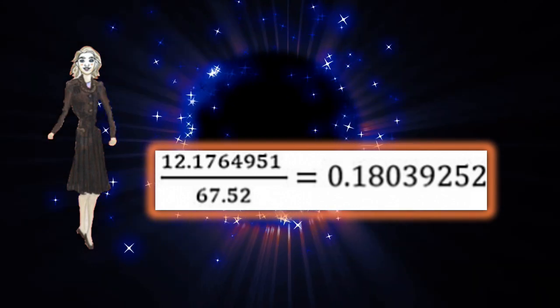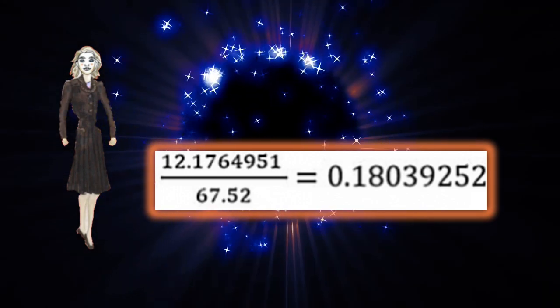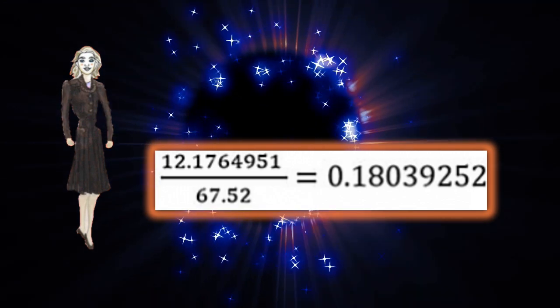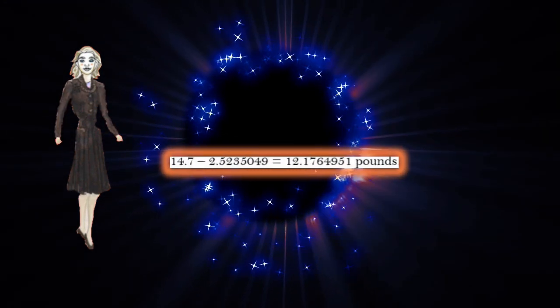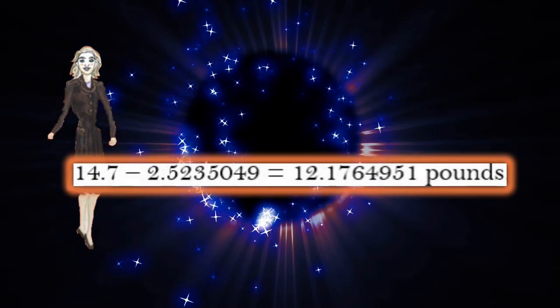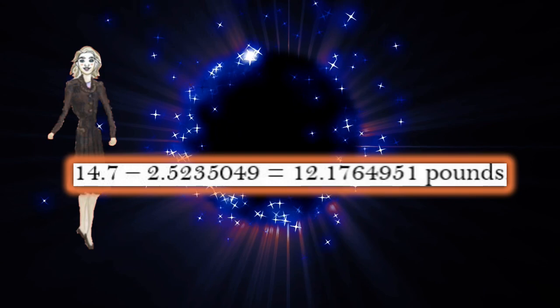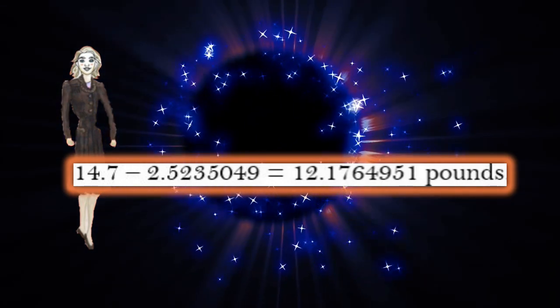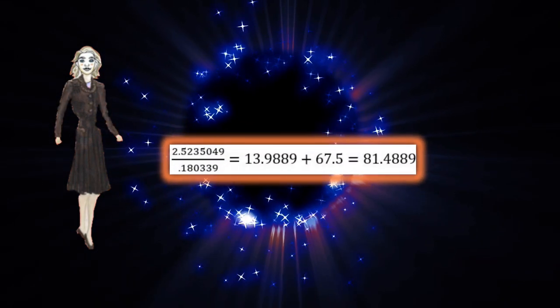That is 0.180392252 degrees Fahrenheit per pound. So, 14.7 minus 2.5235049 equals 12.1764951 pounds. To get back to 14.7 psi you would have to raise the temperature to